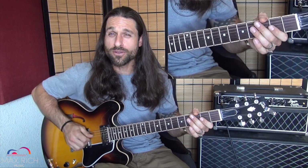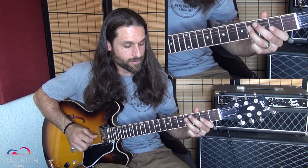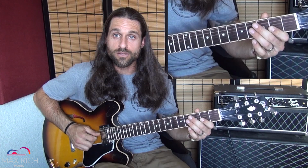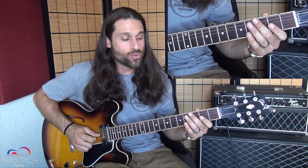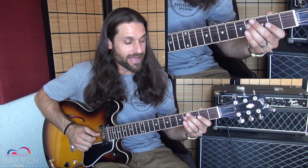Alright, it's got a bit of a country feel, country blues. And so we're starting on the F sharp. And we're doing that little figure. So F sharp, A, F sharp, C, pull off to A. Now you notice, so far, we've played a bunch of licks, and this idea, F sharp,